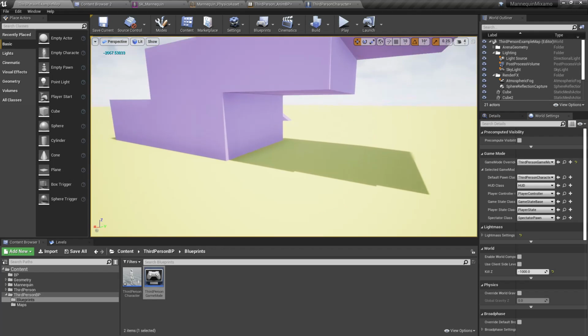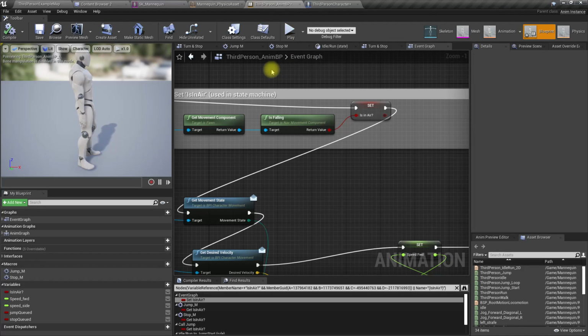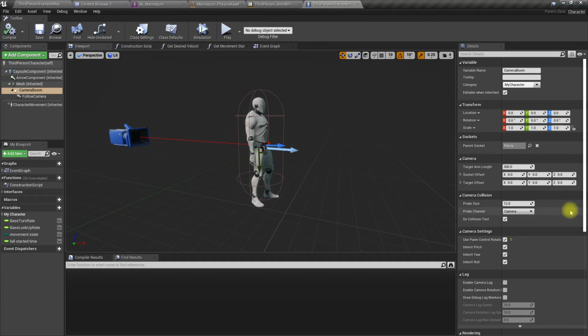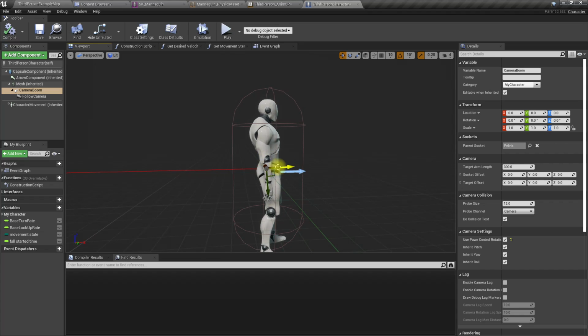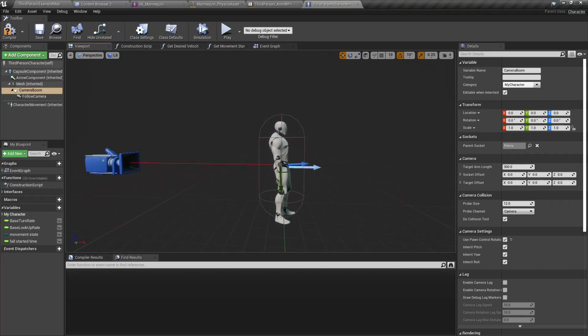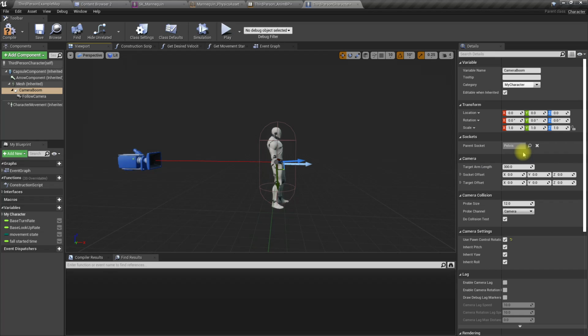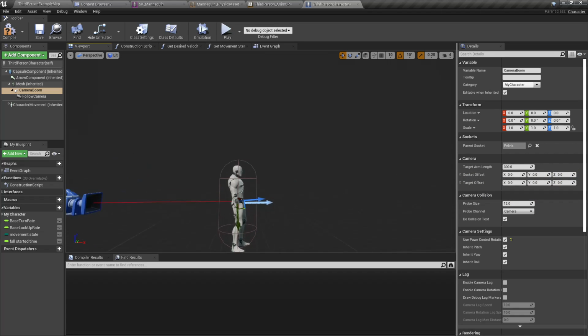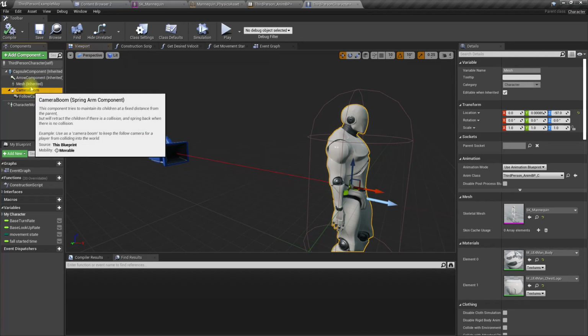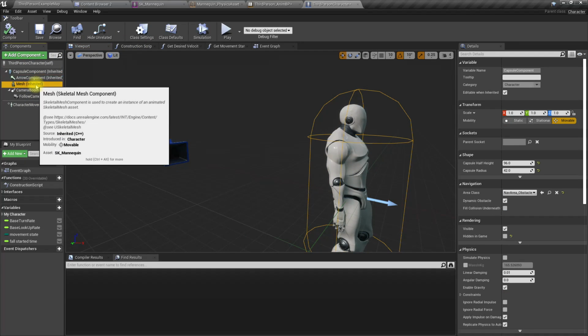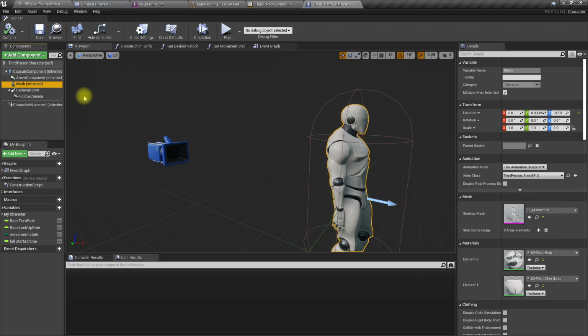Okay, since we have enabled the collision test, the pelvis is going underground or something happens, so that's why the camera moves closer. To prevent that, I'll attach the camera boom back to the capsule, and figure out how to keep this character mesh within the capsule.